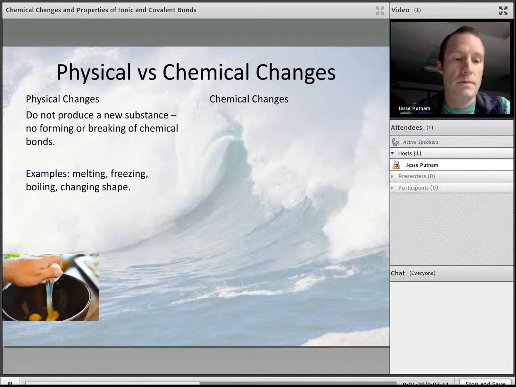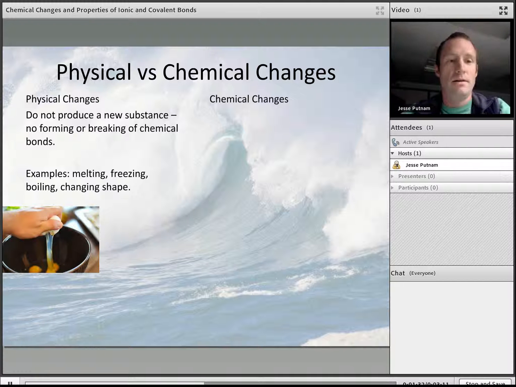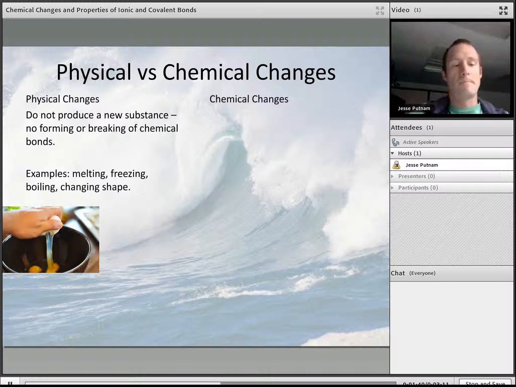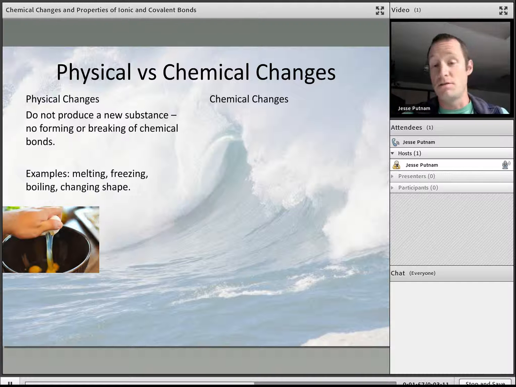The other type of physical change is a change of shape, and that might include something like cracking an egg, for example. The egg itself is still the same substance, even though it's in a much less useful form. Perhaps if you're trying to store it in your refrigerator, it's time to actually eat it once you've cracked it. But it's still the same substance. Nothing has really changed chemically about the shell itself or the yolk or the white.